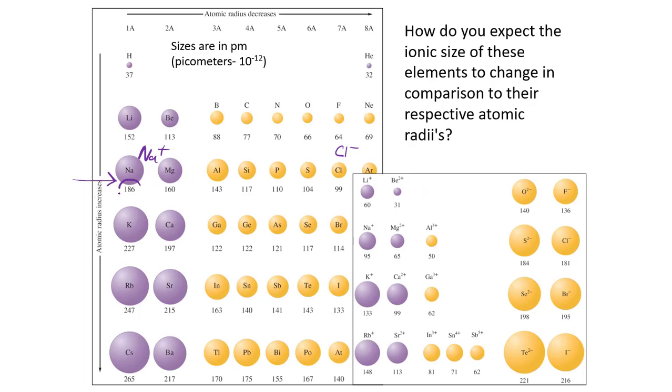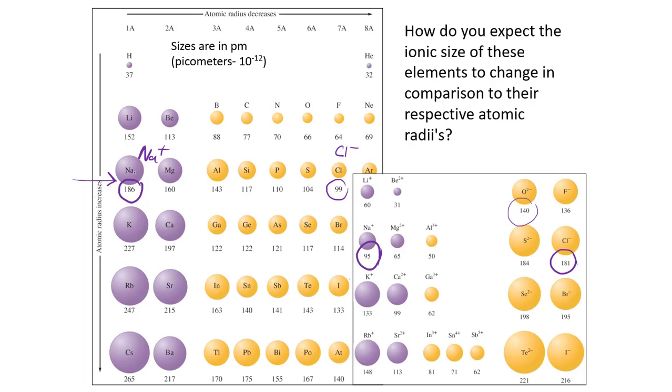Sodium went from 186 to 95. So can we say that whenever an atom forms an ion, it always reduces in size? No, you can't, because look at what happened to chlorine. Chlorine got bigger. Well, then what trend can we expect to predict here? Look at all of your anions and your cations. Your anions are over here. They form negative ions. So think about it this way: if you're adding another electron but doing nothing to the number of protons, then you're increasing the atomic radius. Whereas if you take away an electron, this is where you're going to see significant decreases in size,